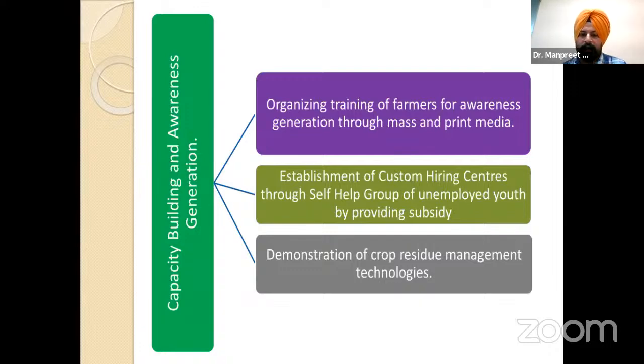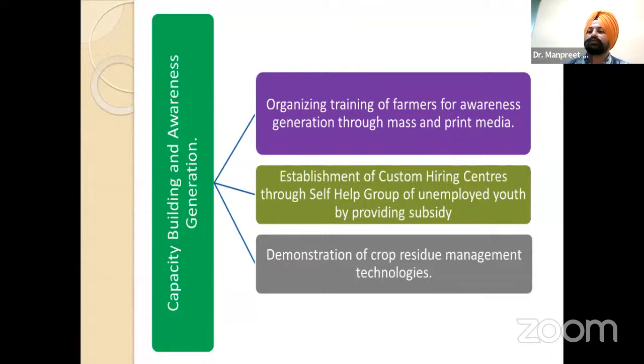practices. Also, another one is establishment of custom hiring centers through self-help group of unemployed youth by providing subsidy. This is also an important aspect. कस्टम हायरिंग सेंटर्स स्टार्ट किए जा सकते हैं, जिससे अनएम्प्लॉयड यूथ को हम सब्सिडीज देके, सेल्फ हेल्प ग्रुप्स बनाके, तो वो इस चीज को मैनेज कर सकते हैं, उनको बकायदा एम्प्लॉयमेंट मिलेगी।